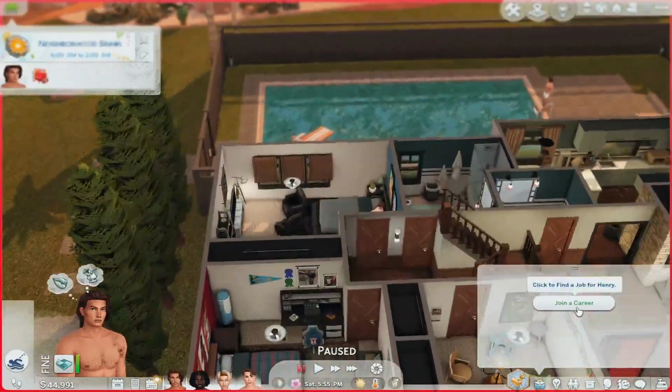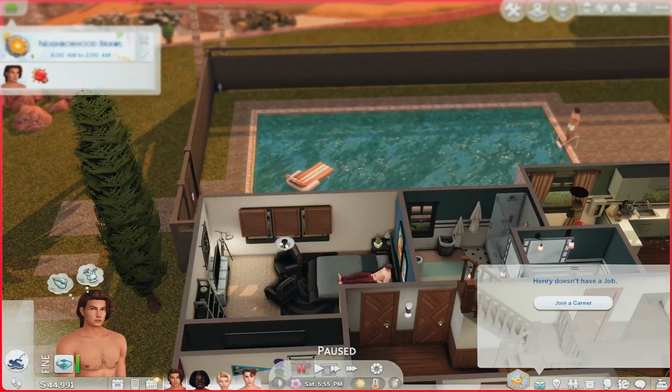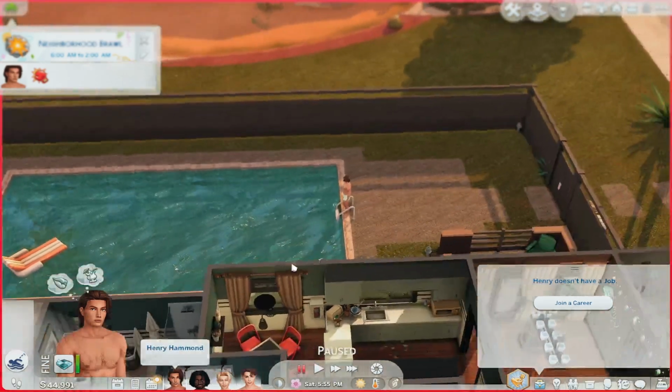I don't have them with the career yet because I'm waiting to add everybody into college at the same time, because one thing I hate is when you have Sims that are in college and then they're not all in college together, and it's like some people are off, some people are on. It's just weird. I don't like it. So I'm waiting until I've finished my save completely to add them into college. But basically